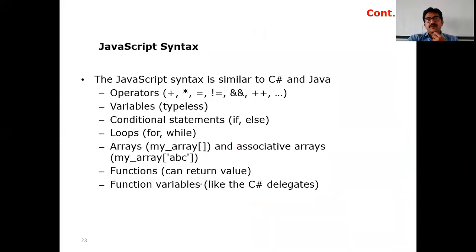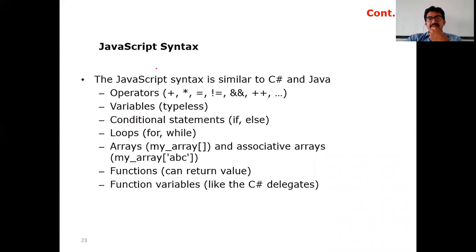Now coming to the very important part, that is JavaScript syntaxes. How can we write them? There is a major question of how we need to write JavaScript. Simply, JavaScript does not mean only alert or document.writeln. We can do a lot of things.